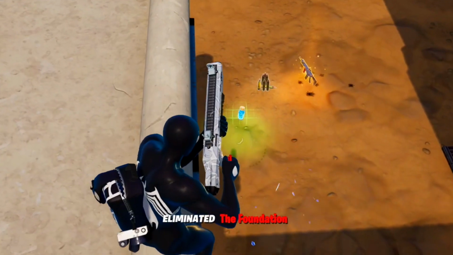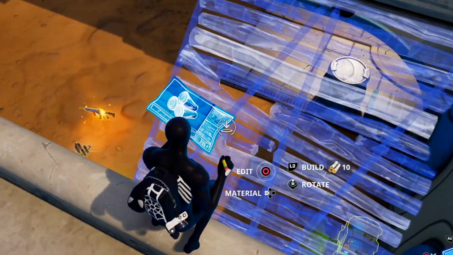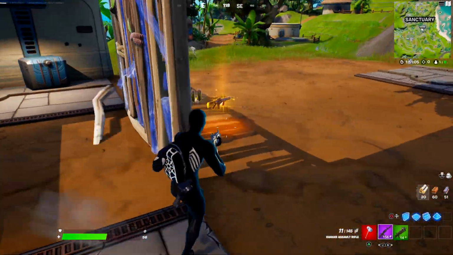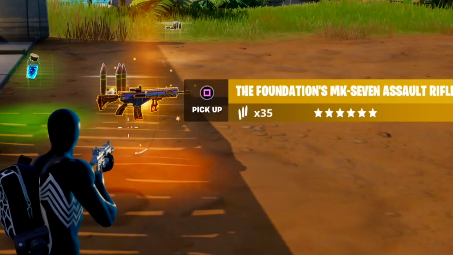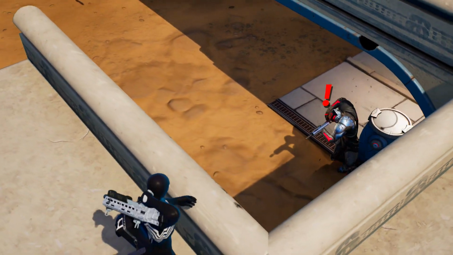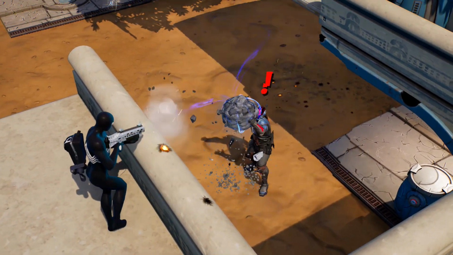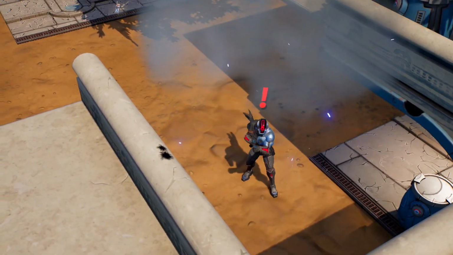Really not that hard once you've got some high ground on him, or a height advantage at least, even of one build high. Because look, I was only up there, he was down here, and he dropped his mythic weapon, of course, the Foundation's Mark 7 assault rifle. And whilst that is where and how we can actually defeat the Foundation, the mythic boss, to pick up this individual mythic weapon that is a very unique thing now with a first-person view,